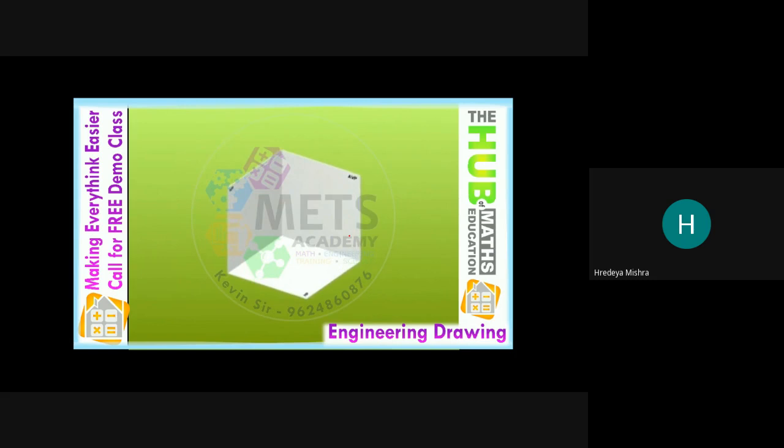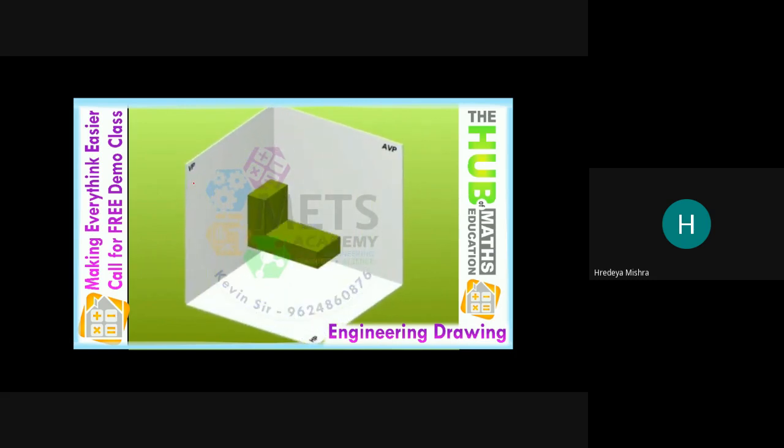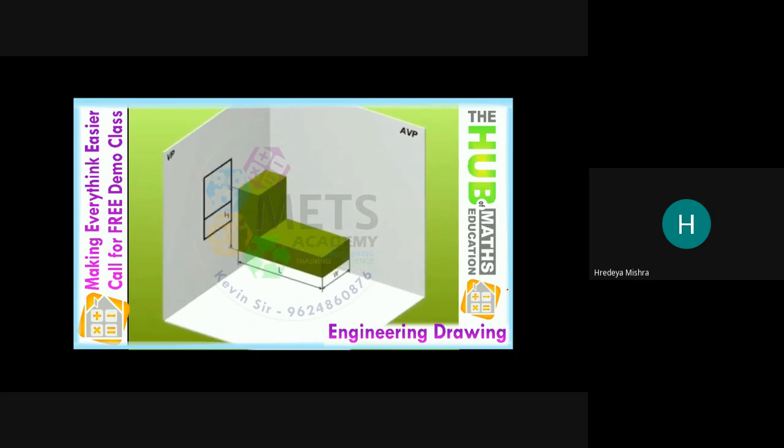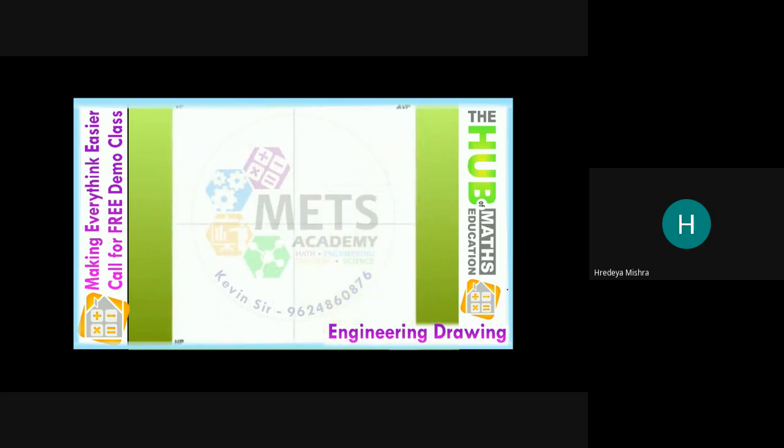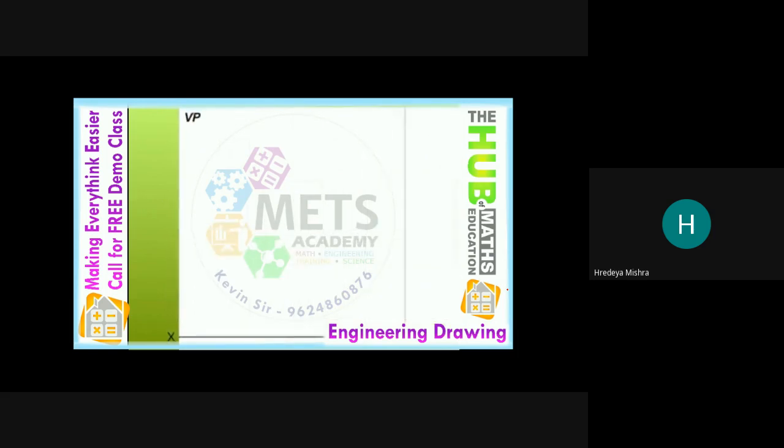You can observe this vertical plane, the profile plane or side plane, and this is the horizontal plane. This is our object, projected on these three reference planes, and if we unfold this, we get our 2D geometry.